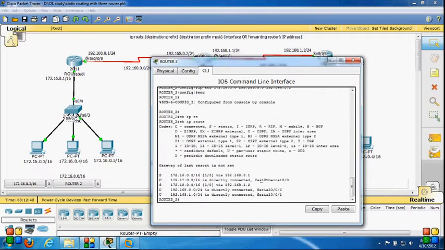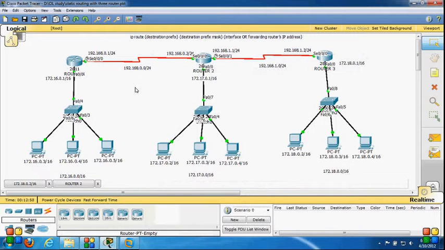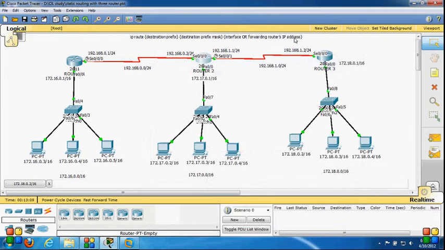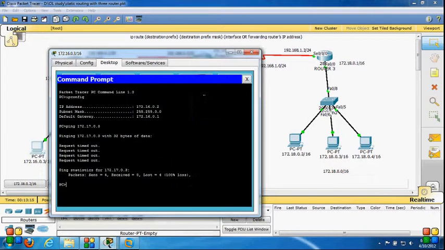Show ip route. It shows S, static route: 172.16.0.0 is connected via 192.168.0.1, which is router 1's serial 0/0 IP address. And again one more static entry, 172.18.0.0, which is connected via 192.168.1.2. So now I have done the static entries on router 2 also.